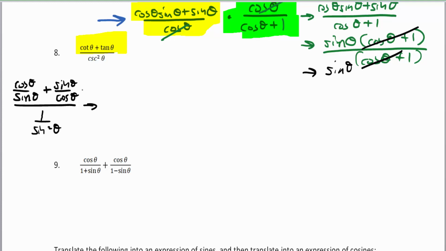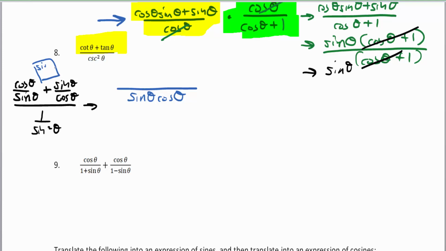It's going to need to be combined. See, in my numerator here, I've got this cosine over sine and this sine over cosine. What I really want is to turn this into one common denominator. And my common denominator is going to be sine theta cosine theta. So I have to multiply this first fraction by 1, or